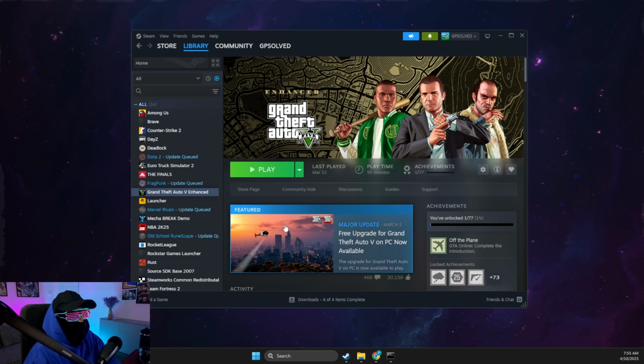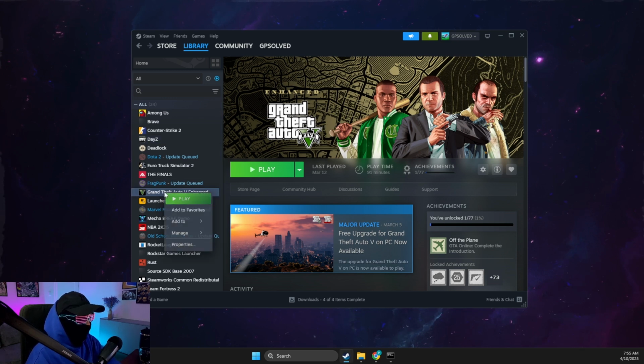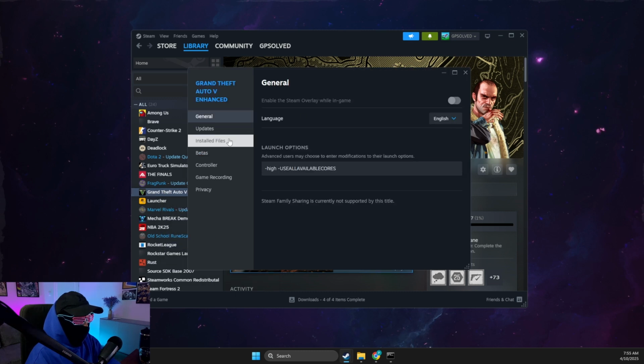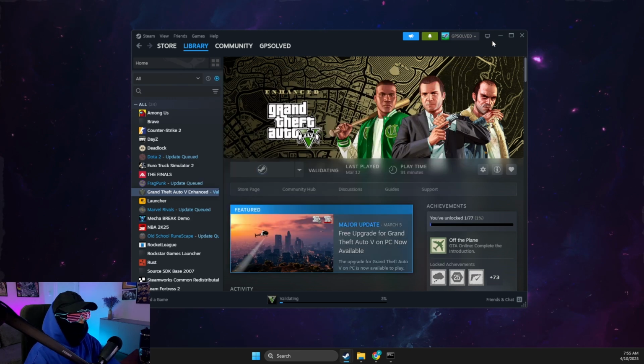If the problem persists, then go to Steam or Epic Games. Whenever you basically have the game, then you just need to right click on it, properties, and then install files and verify integrity of the game file. So maybe the file that is mentioned is corrupted or missing, so it will restore all the files that you